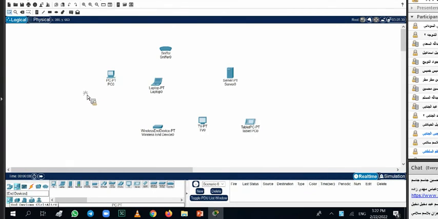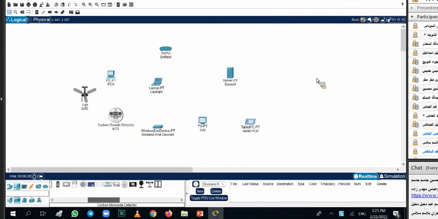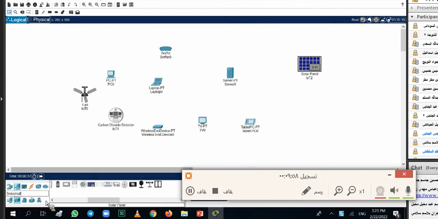Here, home devices. Let's say you want a ceiling fan, for example, that can be connected to the internet. This is good for IoT as well. If you want a carbon dioxide detector for IoT, you can put it there. Or a solar panel, for example, you can put it here. These are the IoT devices. And then the third one will be the smart